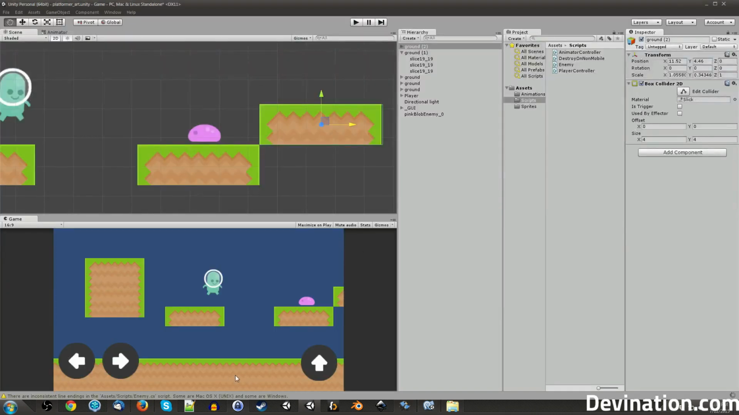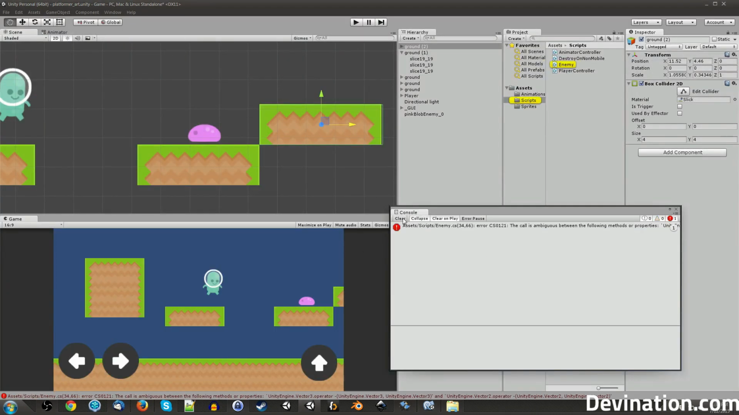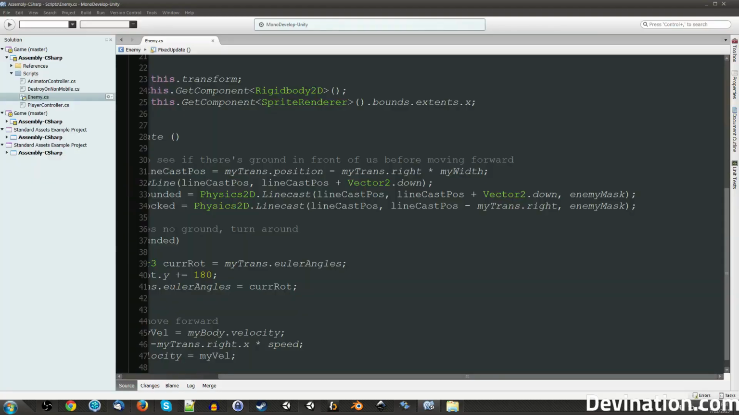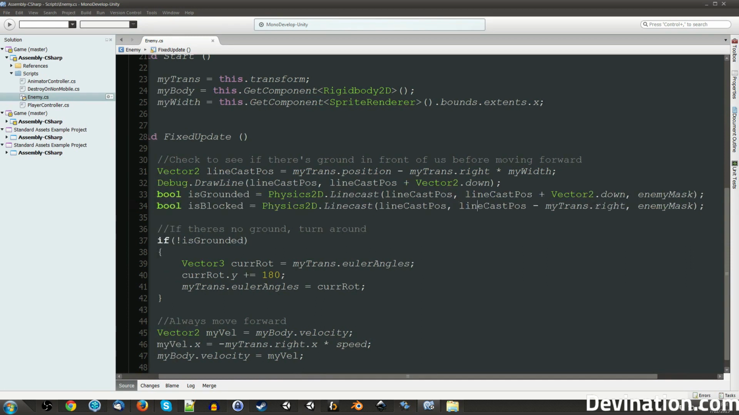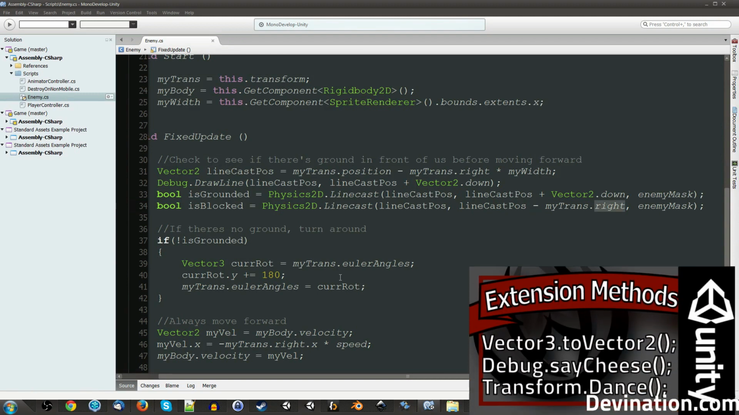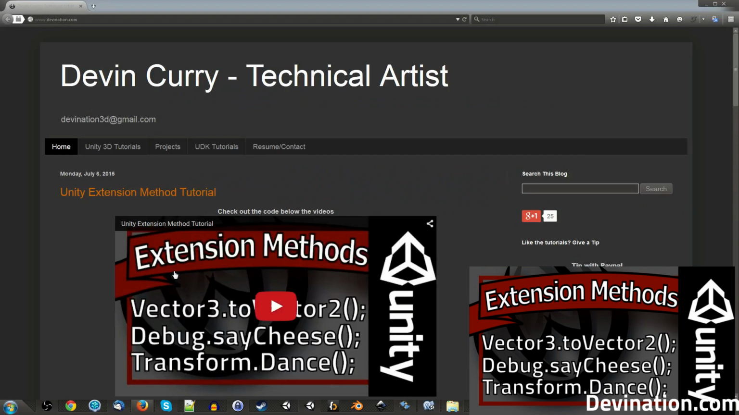Except we can't do that directly because Vector3.right is a Vector3, and we're trying to add it to a Vector2, which is the Linecast position. Ordinarily we can't do this, but I've made a previous tutorial on how we can. If you go to my website, devination.com, or watch this extension methods video,